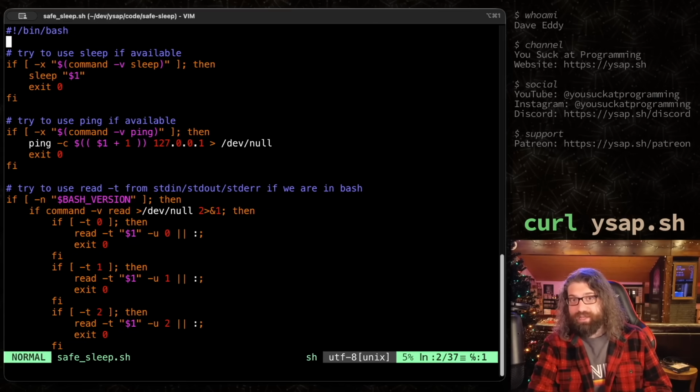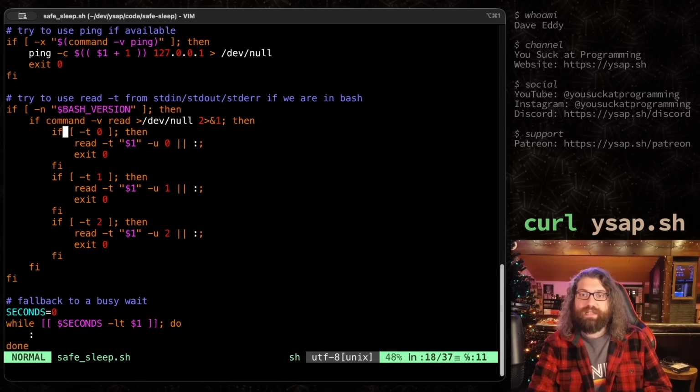The shebang says bin bash, so I don't know how this is being executed where it couldn't be bash, but maybe their system runs it through different runners. Maybe it's a bash or a dash or a Bourne shell or ZSH. I don't know. The next thing we do is in this nested if statement, we check is read available as